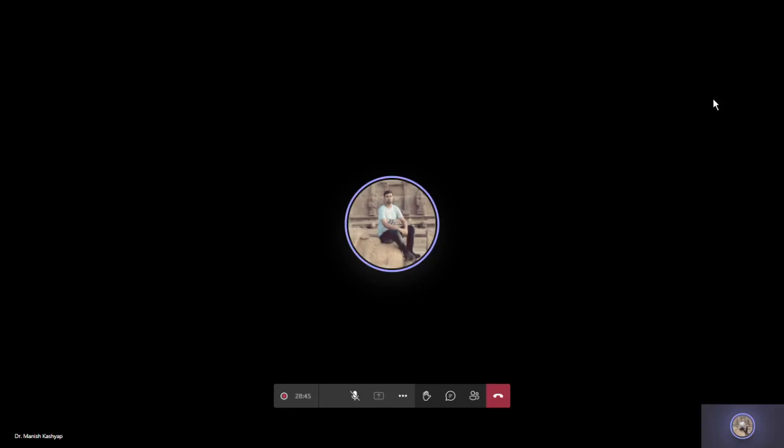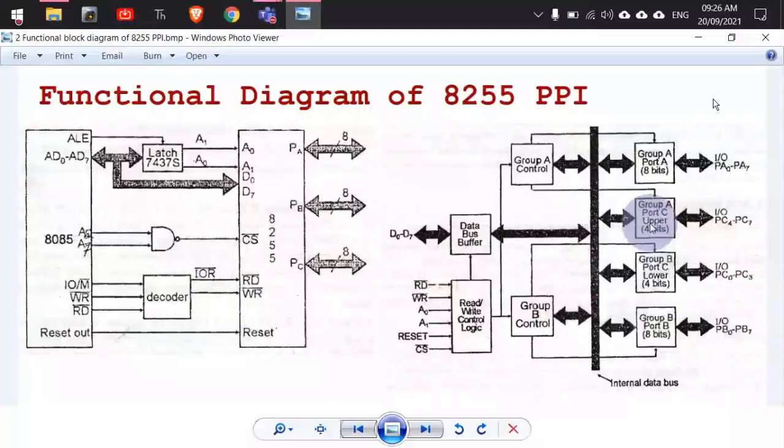Okay, so what you were saying is, if we assume that this is an 8086 microprocessor, then we can operate in minimum as well as maximum mode. If we are operating in the minimum mode, then we have to use this decoder for taking the input output read and input output write signals, because in minimum mode these read and write signals are not directly available. Whether you are using memory write or memory read or input output read or write, that has to be decoded through a decoder and then supplied to the microprocessor.